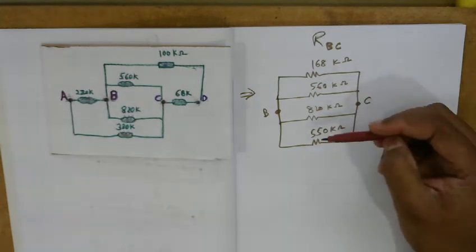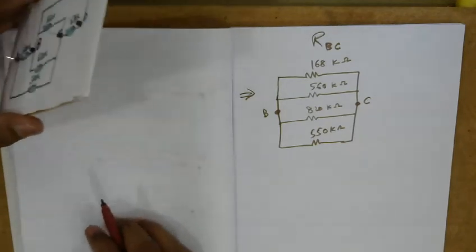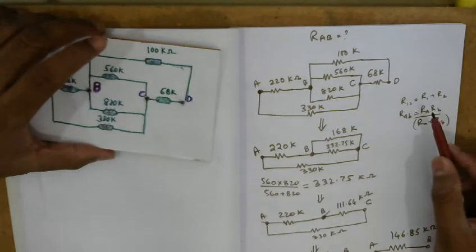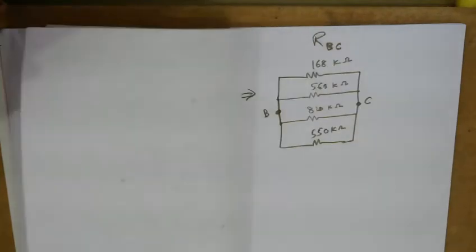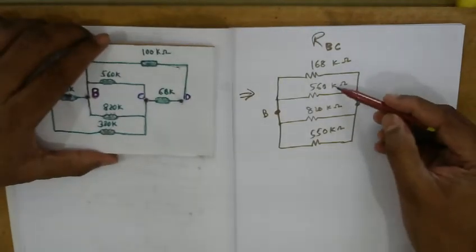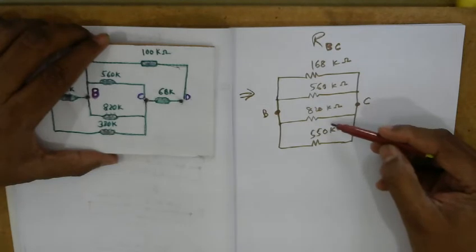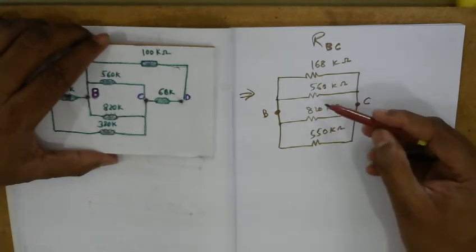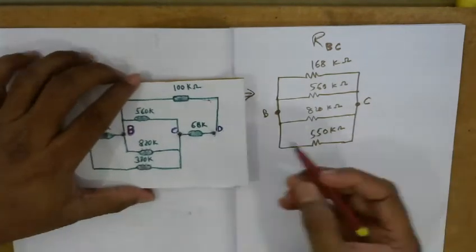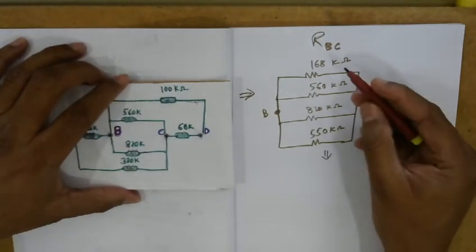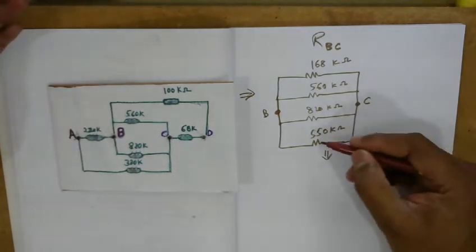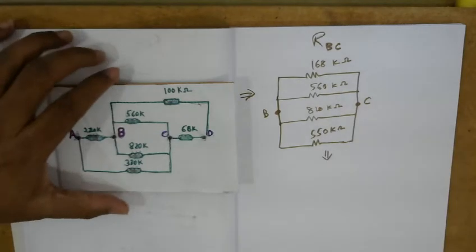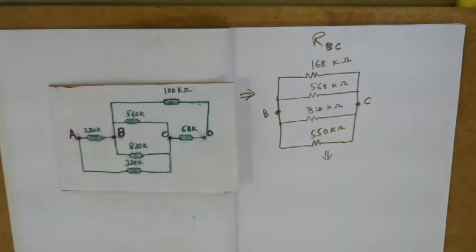So what is the equivalent? We already saw the formula for finding the resistance with only 2 resistances in parallel, that is RA into RB divided by RA plus RB. So we can still work with it. Basically we can find the parallel combination of these two, find the parallel combination of these two, and then in turn find the parallel combination of all. In fact, let me do that. Let's not worry about the formula for 4 resistors in parallel. That can also be done, but right now, just for practice, I do it 2 at a time.